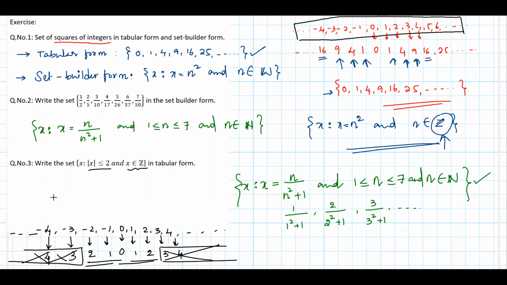But do we write 2, 1, 0, 1, 2 here? No, we don't write that. So what do we do? We just write 0, 1, 2 because sets will not take duplicates. Agree? So 0 is taken here. 1, there are 2 ones present here, but we do take only 1 because sets will not allow duplicates, and then only 1, 2. Right? So these are the elements in this set. It's a tabular form. All right, that's clear.